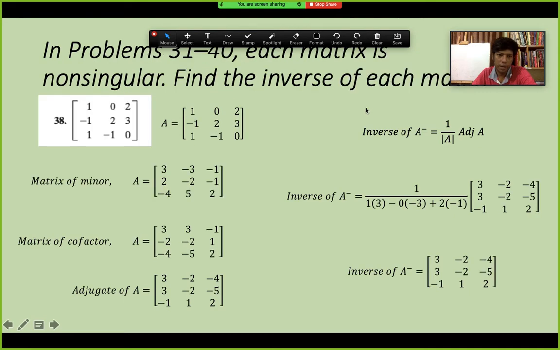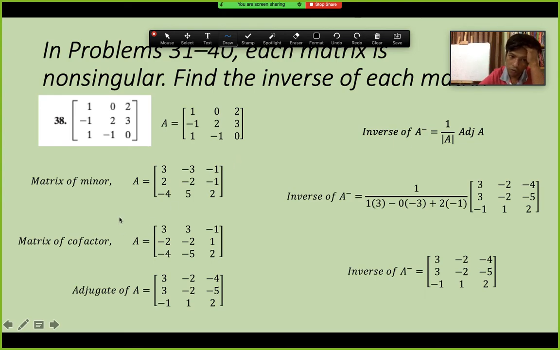We have another example here. Another example is this: A equal to, let's say this is number 38 from the book. So this is the question. So first, in a similar way, we find out the matrix of minor. Here, the matrix of minor we find,